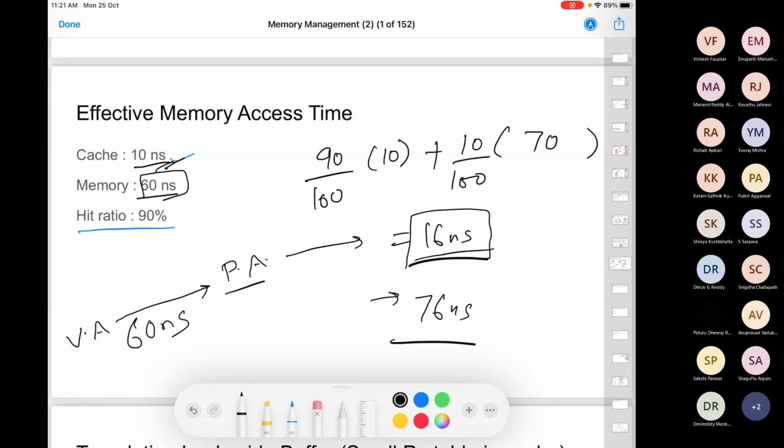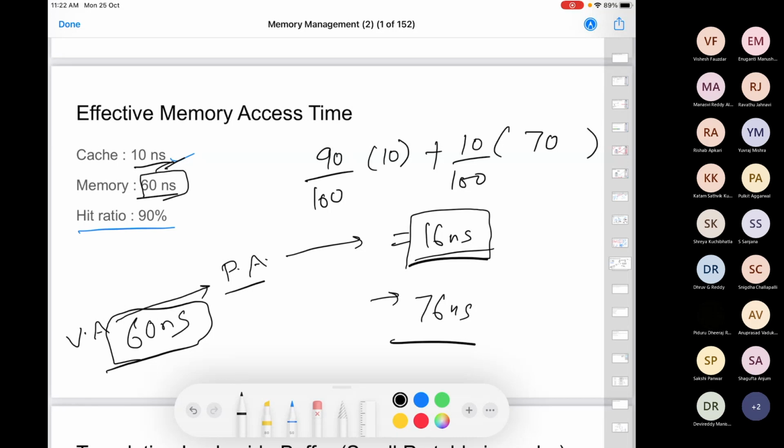So that is the solution, right? This 60 nanoseconds we are incurring because the page table is kept in the main memory, which is slower than cache, right? So it will be a good idea if we keep the page table in cache, but then we have seen that the size of the page table can be very large. We will talk about it more, and look at what is generally the size of the page table. Generally, it is very large, so you cannot put the entire page table in cache.